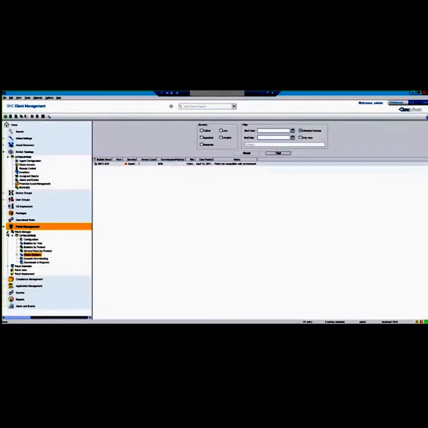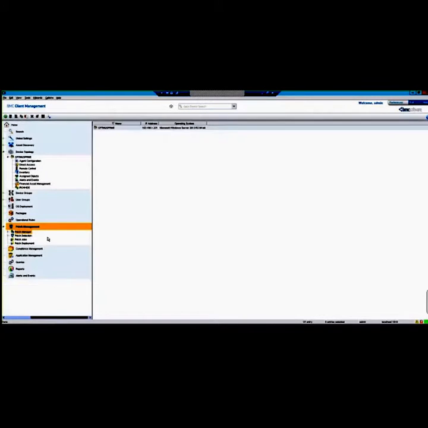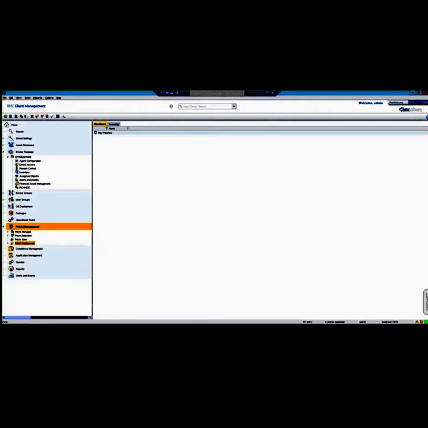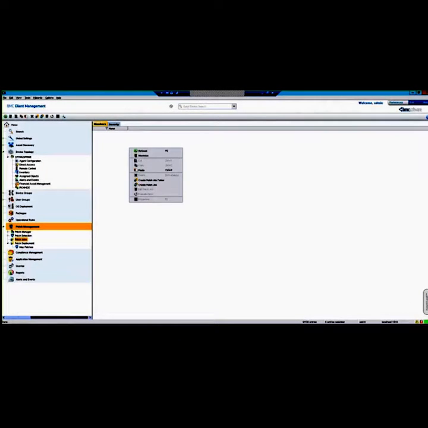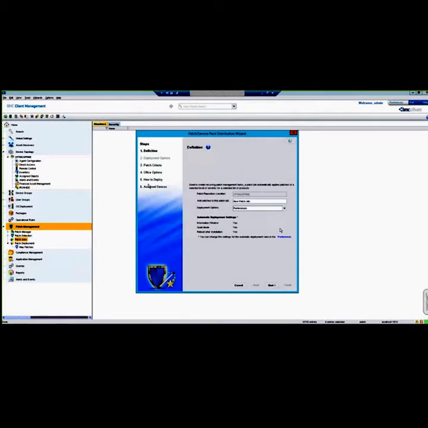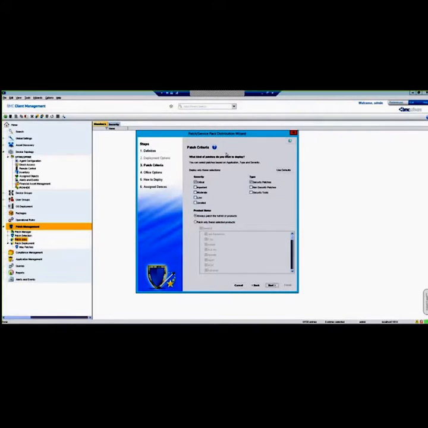And finally, you can also set up a regular patch deployment, which will send the patches out to devices depending on the schedule that you set up immediately, or you can set up patch jobs, which allows you to automate the patching of the software. So for example, I'm going to go ahead and run a quick wizard here so that you can see. If we do next, you can set up with the patch job what